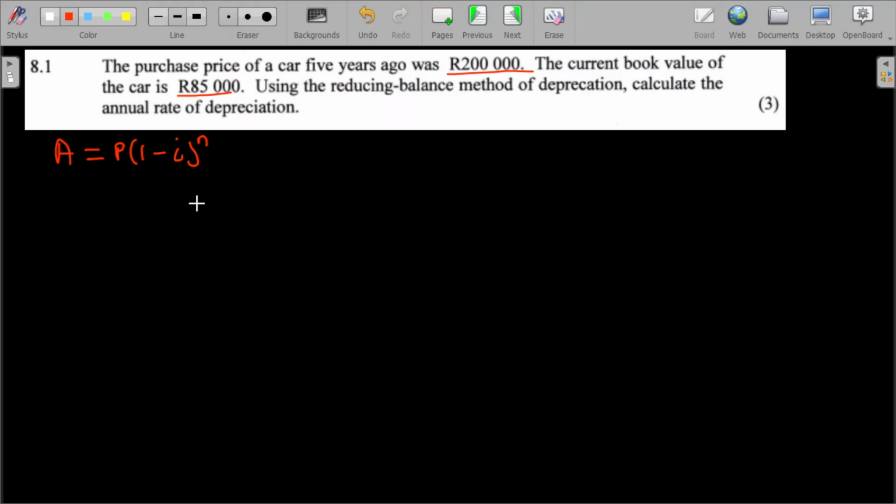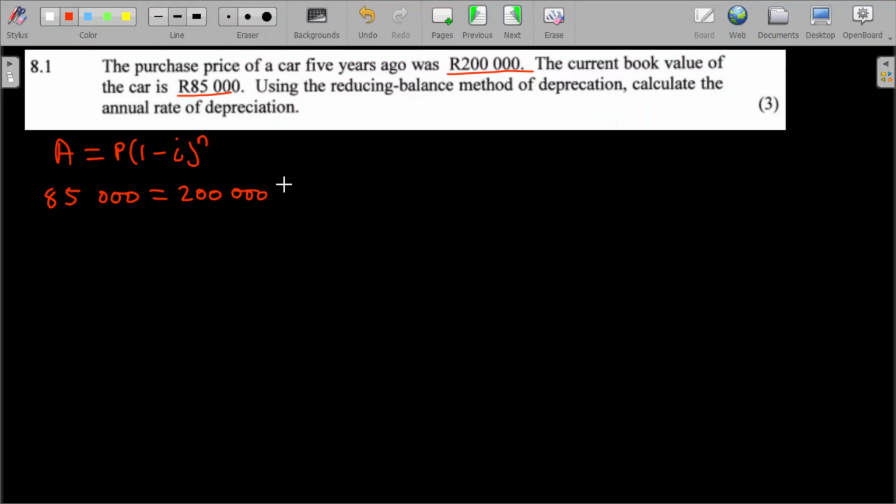Okay, 200,000. We know 200,000 is going to be my principal amount, which is my P amount, because the car was costing this amount 5 years ago, and the current book value of the car is this amount, which is now what the car is costing. So it's going to be 800,000 equals to